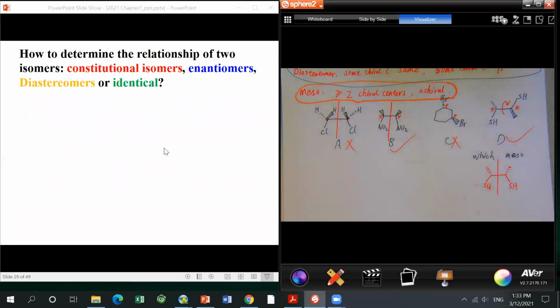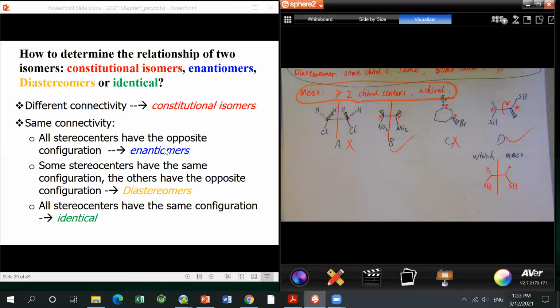All right, there's another type of question I quite often ask in the exam and quiz for chapter 7: identify the relationship between two molecules. Are they constitutional isomers, enantiomers, diastereomers, or identical? As long as you follow the rules and understand the definitions, it should not be hard. Constitutional isomers are two molecules with the same formula but different connectivity, so the substituent groups are in different positions. If they have the same connectivity and same positions,